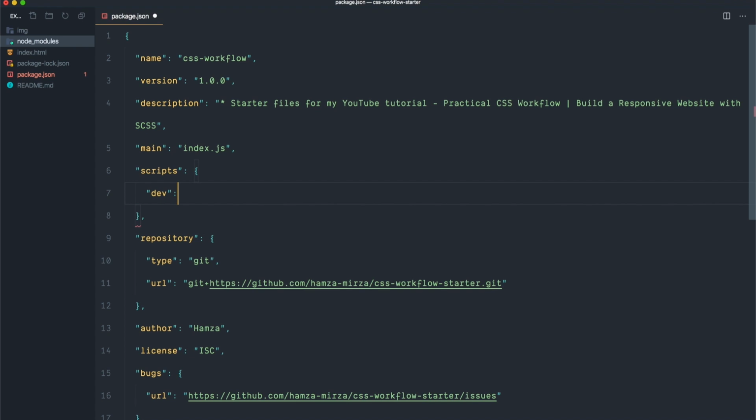And after that, I'm going to type a colon and then open up another pair of quotes. Now, whatever follows this colon is what's going to happen when you run this command. So within this pair of quotes, type node-sass, and that's the name of the package. And now we need to specify the file and the folder that this command needs to watch out for the Sass code. In my case, I'm going to write all my Sass code in a folder called styles and then in a file called styles.scss. So let's type this,